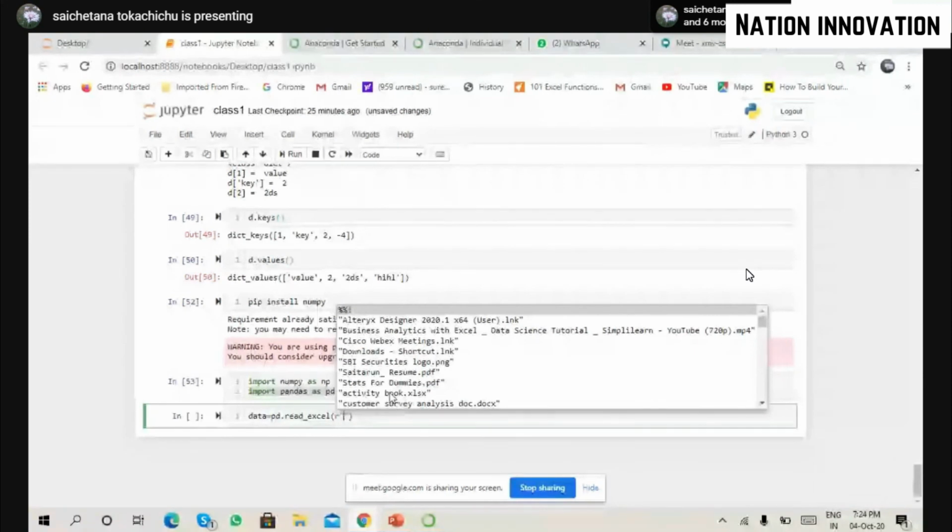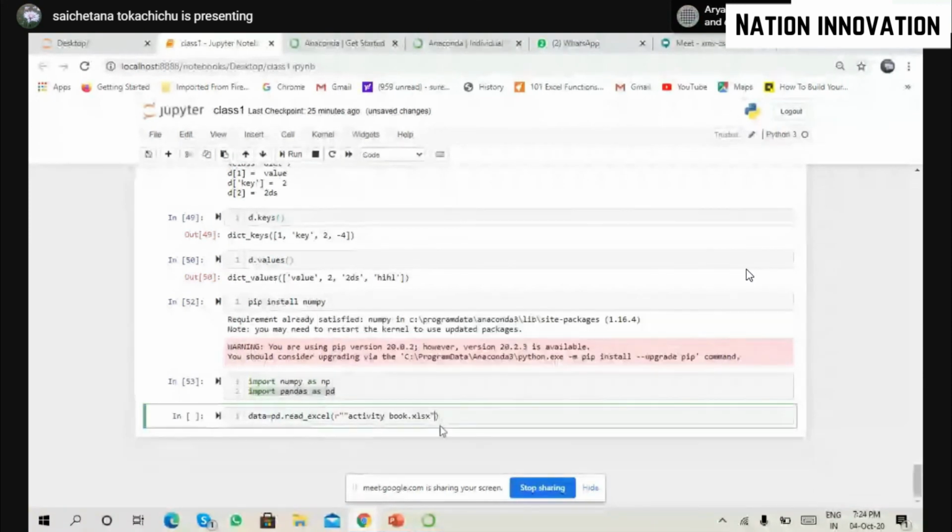I already have this book. In single inverted commas you write the name of the Excel file or the whole location of the Excel file. Then you run it.